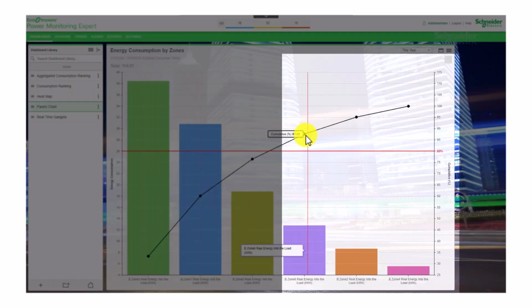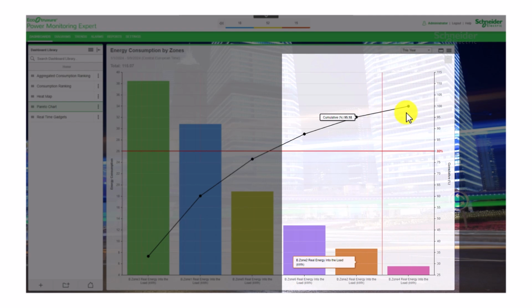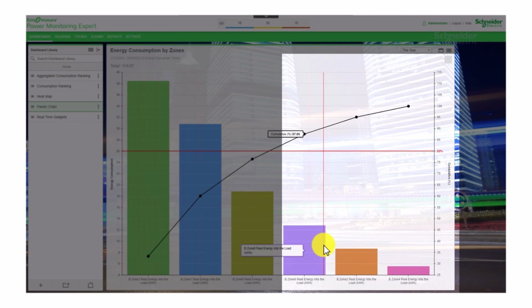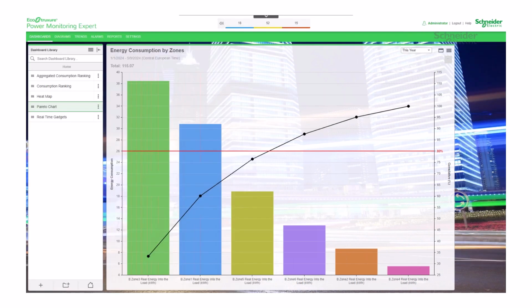Conversely, data points above the 80% line contribute to the remaining 20% of consumption and, reducing their impact, may not significantly minimize energy consumption. In conclusion, this gadget chart helps users identify areas or loads where energy efficiency improvements can have the greatest impact.